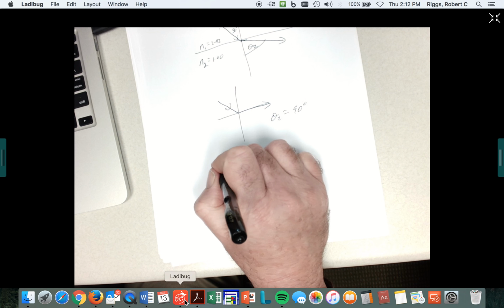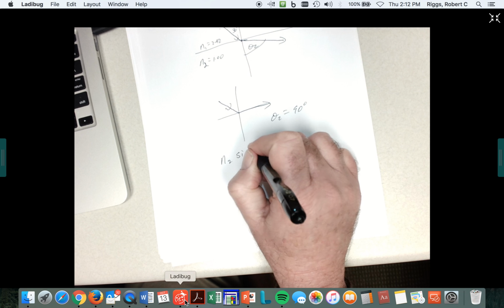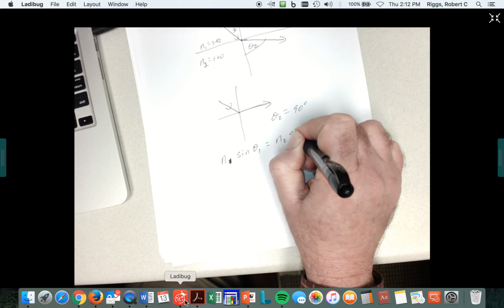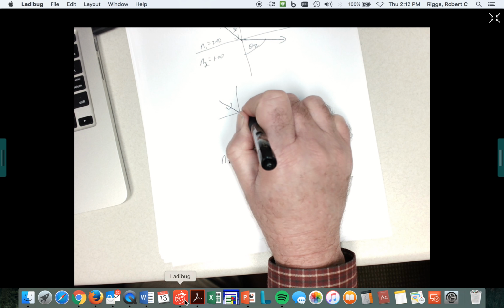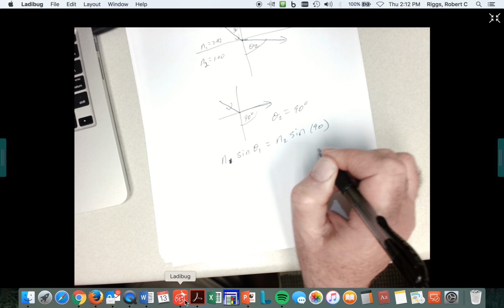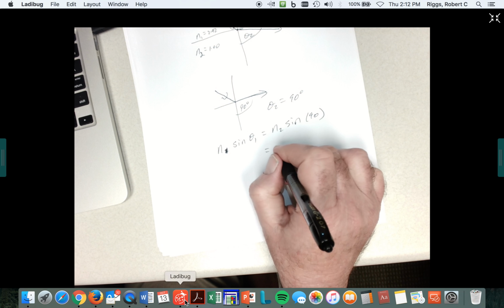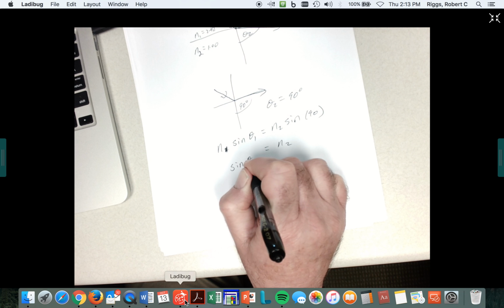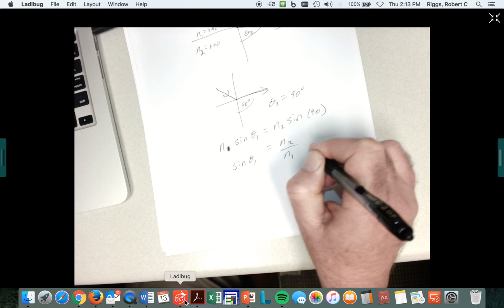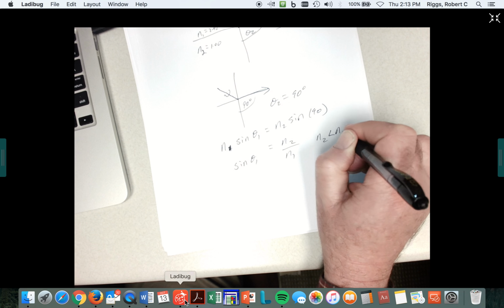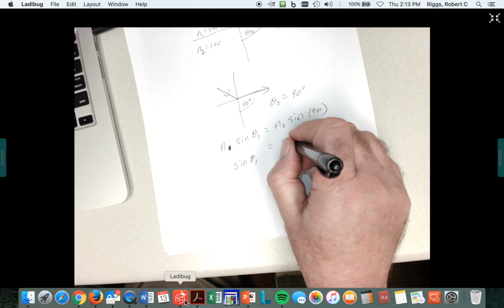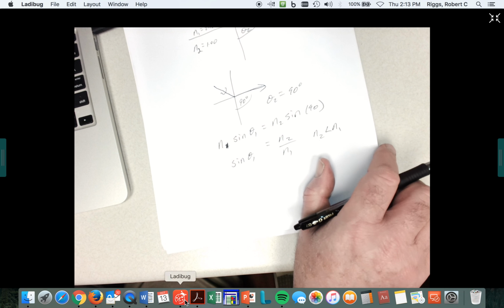So let's do that. N1 sine theta 1 is equal to N2 times the sine of 90 degrees. What's the sine of 90? Quick, 1, right. So the sine of theta 1 is equal to N2 over N1. Now notice N2 must be less than N1. You can only get this total internal reflection when N2 is less than N1. So that diamond,